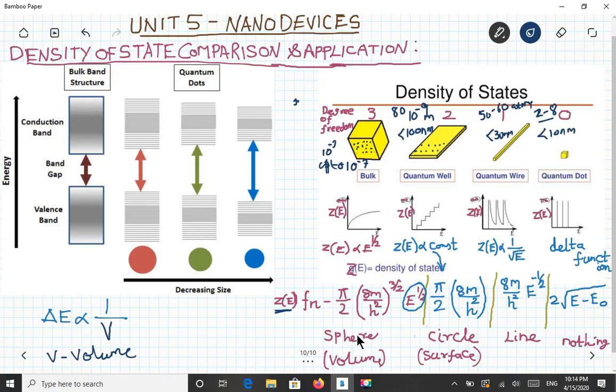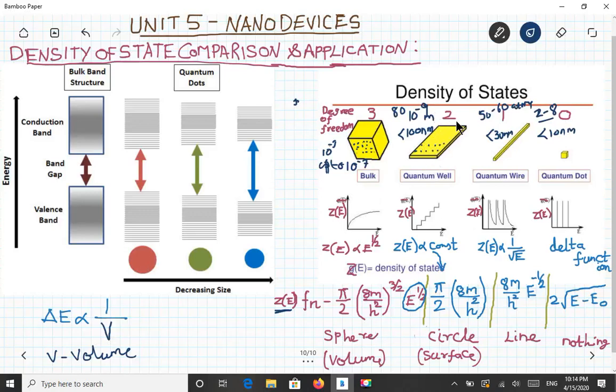You will derive the density function with the sphere. You all remember, I think, for a bulk material in unit 1. Likewise, for this quantum well, we will take a circle instead of a sphere, as the movement is restricted to x and y only. This is called degrees of freedom. Here movement is in x, y and z, as you all know, that's why we used a sphere. And here only x and y is possible, no z axis. So the movement of the electron is restricted to the x axis or y axis, not in this way.